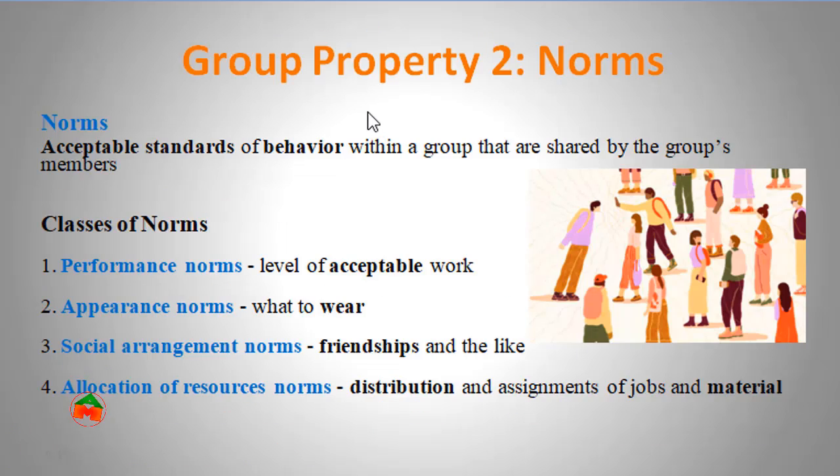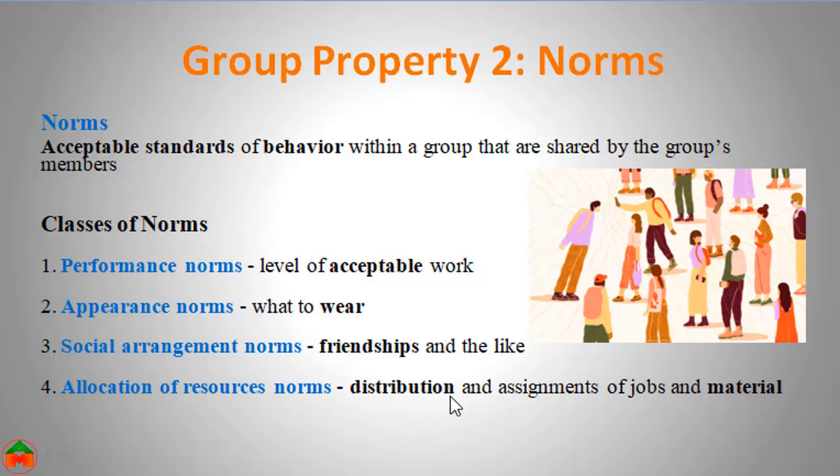The second group property is norms. Norms are the acceptable standards of behavior within a group that are shared by the group members. There are different types of norms, such as performance norms that look at an acceptable work level, appearance norms about what to wear, social arrangement norms that look at acceptable relationships, and allocation of resources norms that look at how things